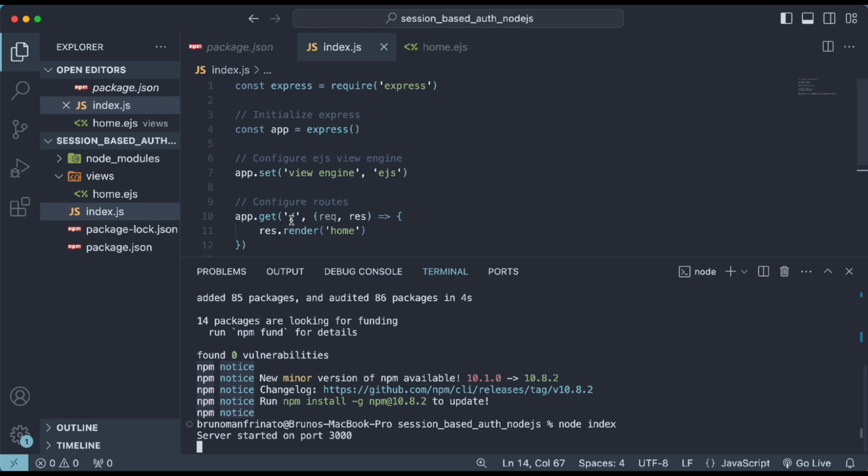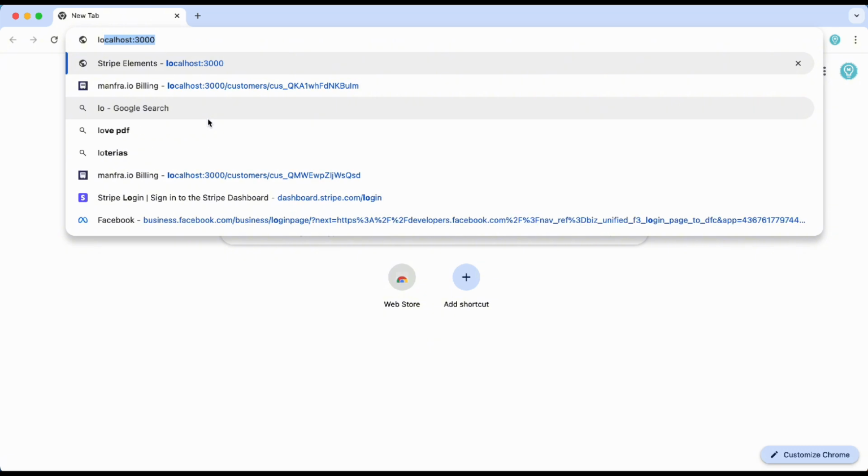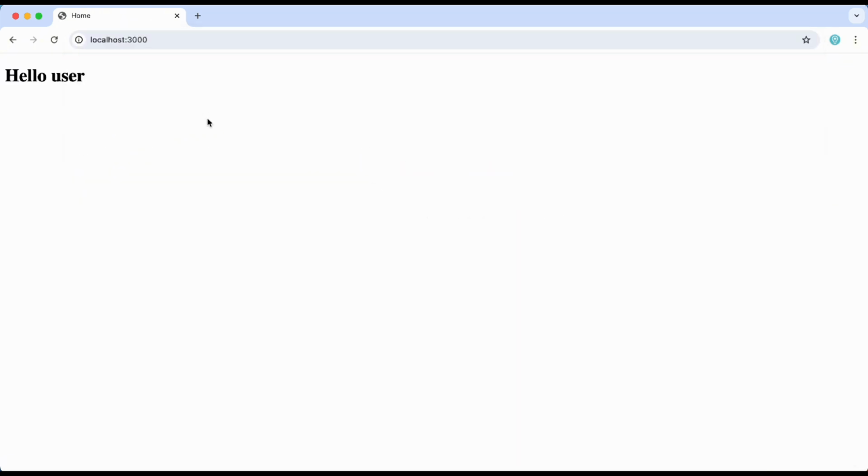Now let's run the home route here. So let me open the browser and type localhost and port 3000. And here it is, the home EJS template with the h1 element. Okay, so everything's running. So the idea now is to only allow logged users to visit the home page. So if the user is not logged and tries to visit the home route here, they should be redirected to